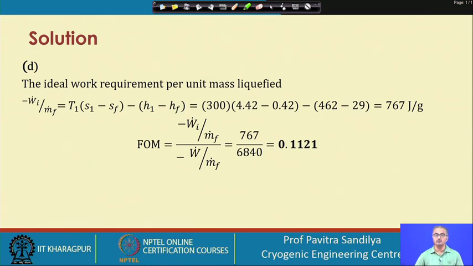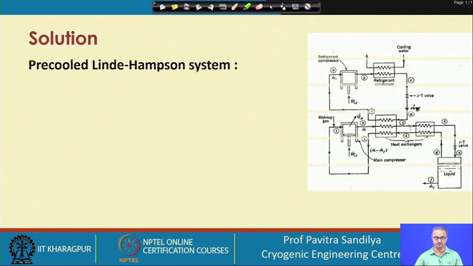And now we want to go for the FOM. For the FOM we need to know the ideal work, and for the ideal work we find this particular expression. Again, this can be obtained easily from the thermodynamic energy balance, the first law, and we find this is the ideal work. Then we take the ratio of the ideal work to the actual work. Why? Because actual work will always be more than the ideal work. So we choose this kind of expression and we get this particular value of the FOM. It is not a very high FOM we are getting.